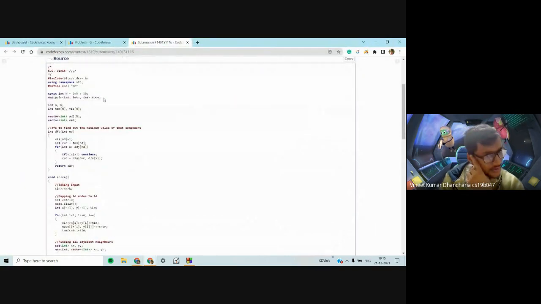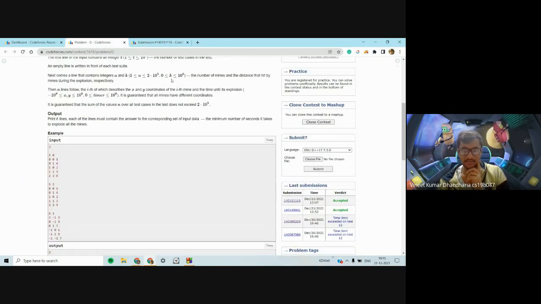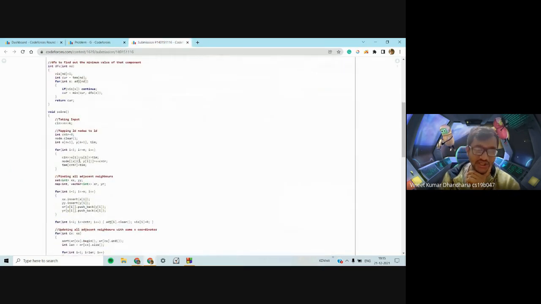So you define a map to map a coordinate to a node, because the numbers can exceed 10 power 9 and minus 10 power 9. Initially I have just incremented a counter and mapped each of the nodes to a particular point in the map. So starting the counter from 0 and incrementing it by 1 every time, node of x comma y is set to counter plus plus, and that is done. So each point is basically given a node, given a number.